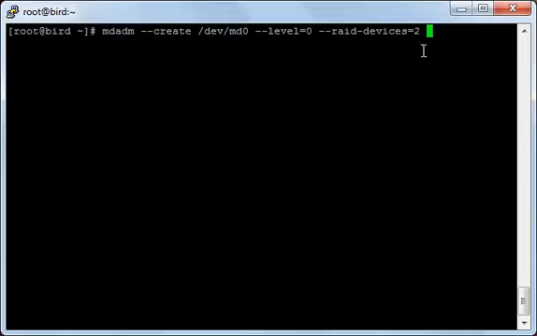This indicates that I will add 2 hard disks,